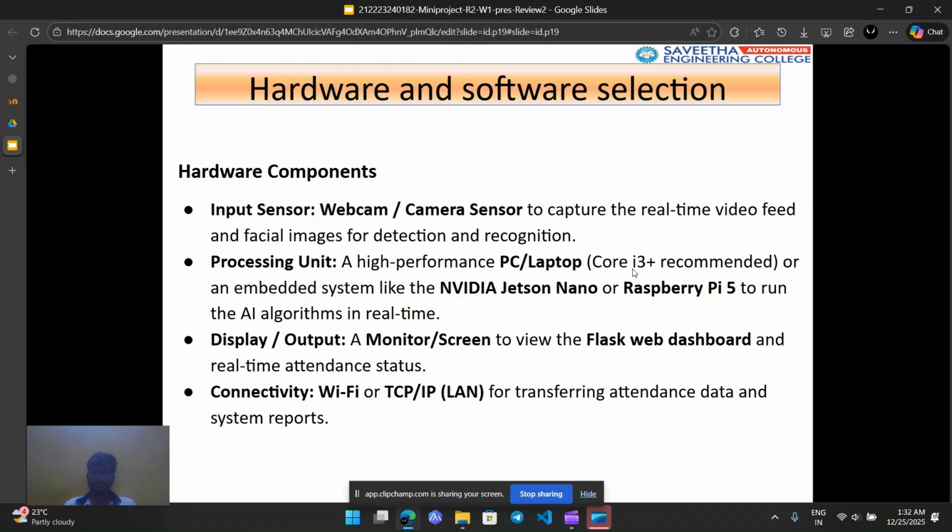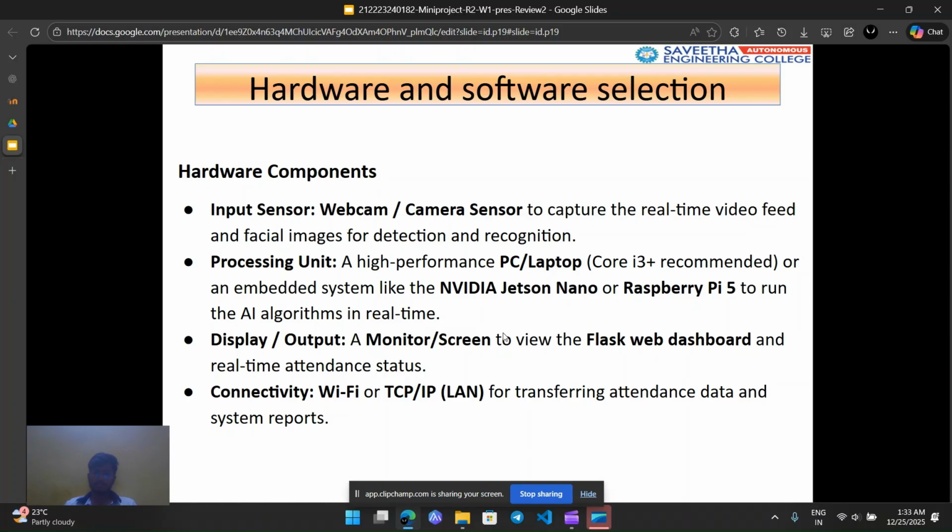The base recommendation is to have a Core i3 processor, so it will be easy for the processor to process the image and give a result in real time. The NVIDIA Jetson Nano and Raspberry Pi are completely optional. We mention them in this PPT so that it can also be developed as a hardware project in future cases.